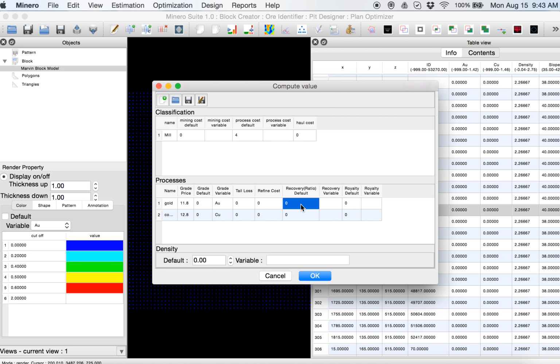Recovery default values for gold is 0.6, 0.88 for copper. Next, default density value is 1.